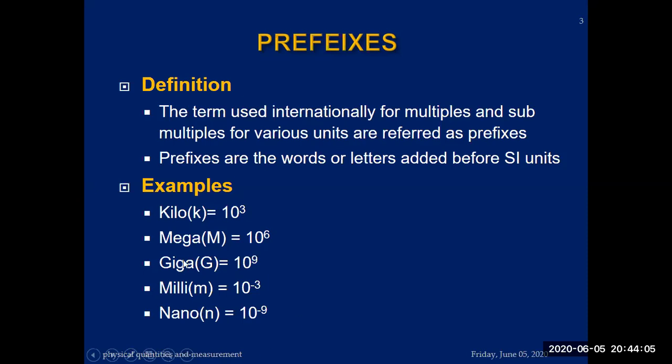So these are the prefixes which are used to represent quantities. It saves our time, it saves our page, and it becomes easier to write. It reduces the space as well. These are the most important benefits of writing the quantities in their prefix form. Also, when multiplying or dividing, mathematical calculation becomes easier if you have written the quantities in terms of prefixes.